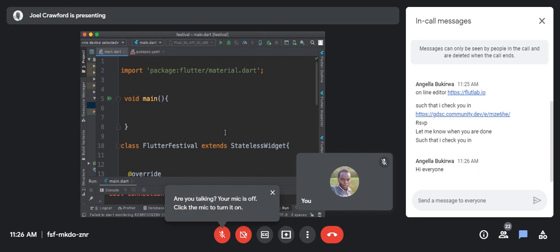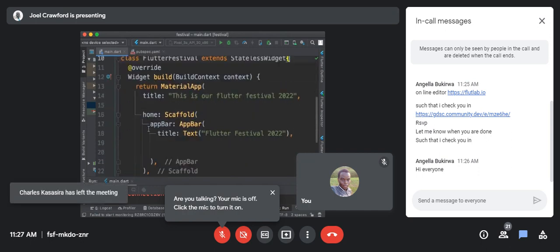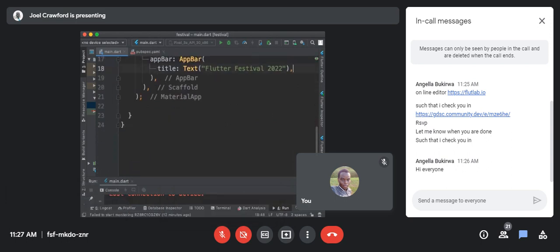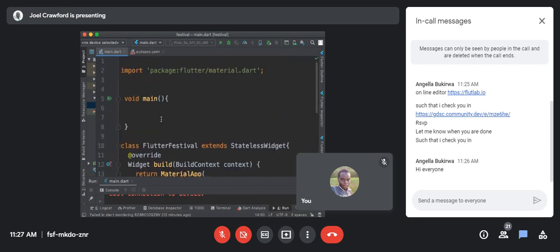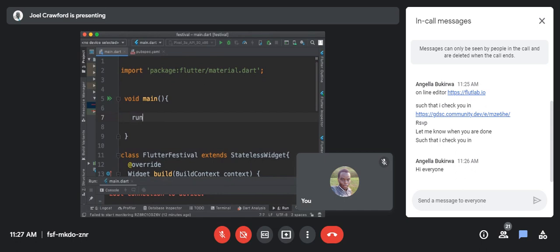So we were here. I said we already have a class, and then this class takes a bunch of things. So we want to make sure this is understood by the entire app, which means we're going to call this class in the main method. So I've created already a main method. It's void because it's not returning anything. What I can do, there's already an inbuilt function called runApp. So this runApp is where you specify